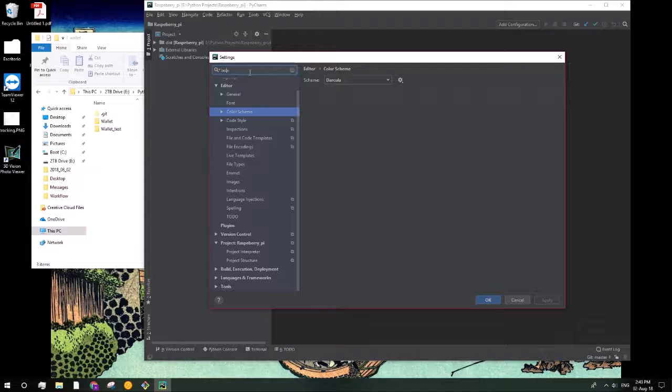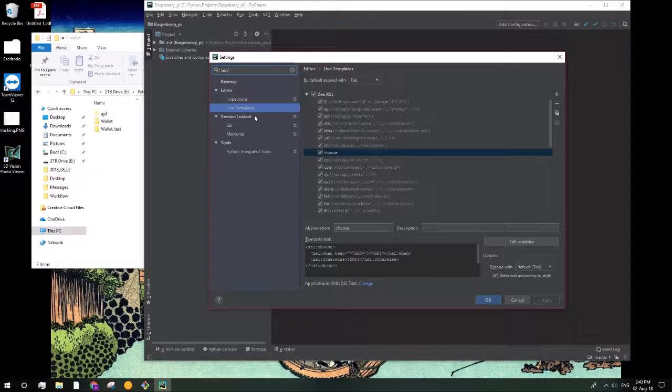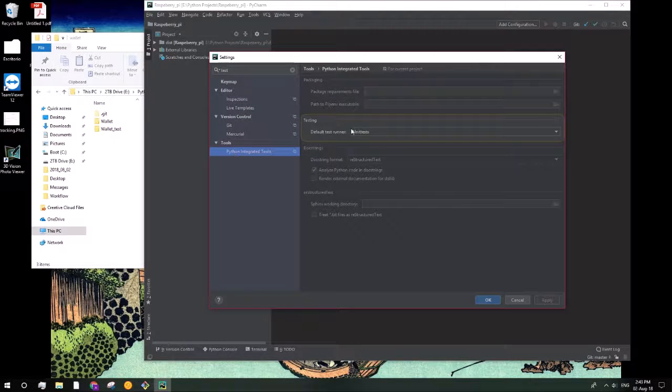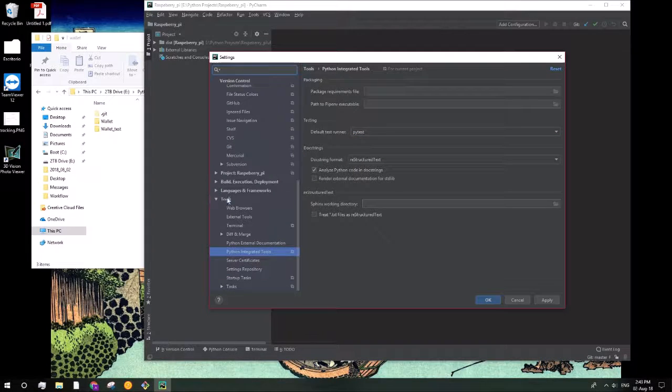Okay, let's go test. Python integrated tools, unit test, PyTest. That's exactly what I want. So there'll be tools, Python integrated tools, default test runner, it's going to be PyTest. That's the one I'm going to be using